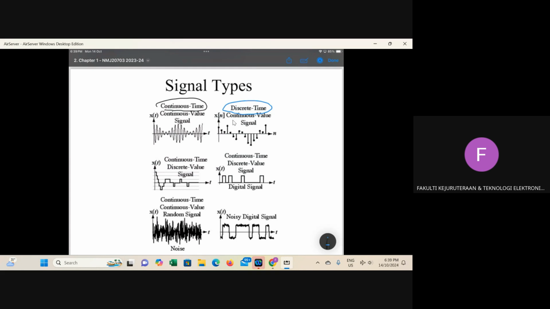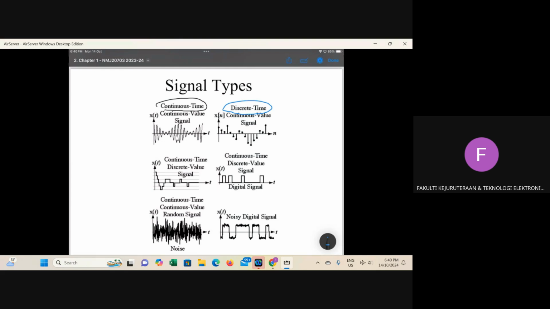The operations are more or less the same. Fourier series and Fourier transform can also be applied on both continuous time and discrete time signals. Laplace we only apply on continuous time signals, whereas Z transform we only apply on discrete time signals. So how do you differentiate them?